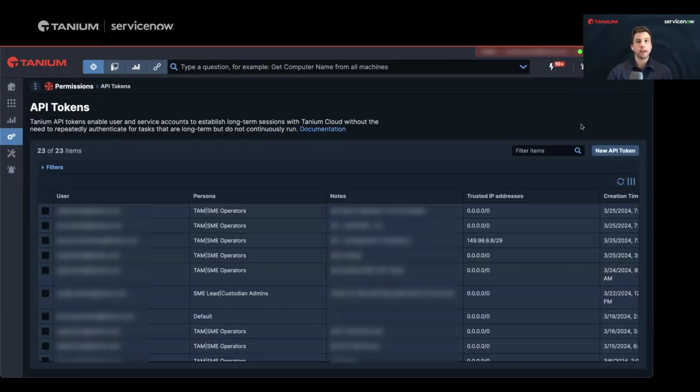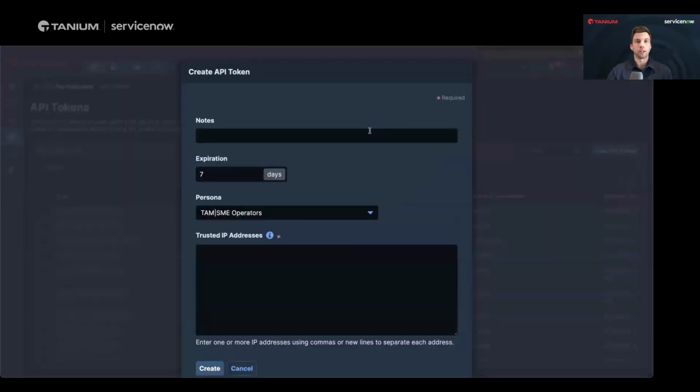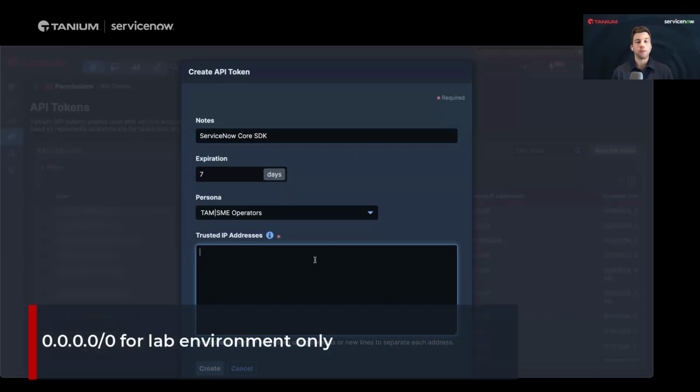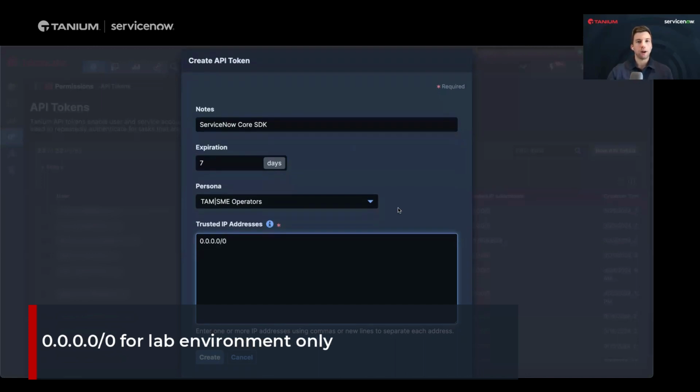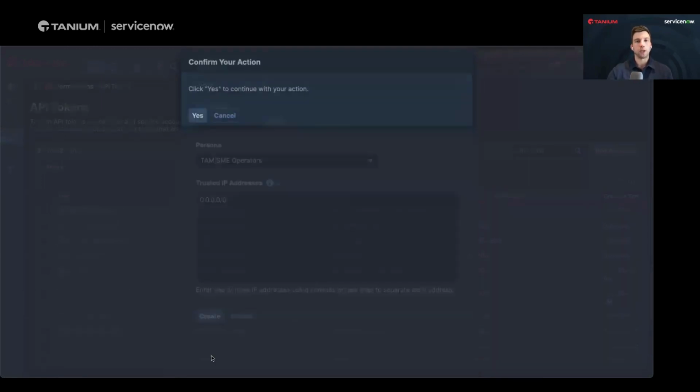So I'm going to come in here and generate a new API token, and we'll call this one ServiceNow Core SDK. We'll leave the expiration as 7 days, and we'll be able to rotate this token automatically. In my trusted IP addresses, I'm going to put the IP address or addresses specific to my ServiceNow environment where I want to allow incoming and outgoing connections. Once we have our IP address in here, I'm going to create this